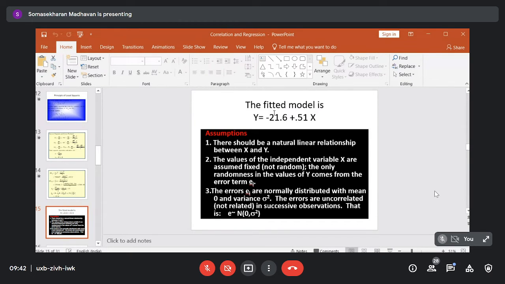So now the question is, how much can this slope vary? That is an important question. So in order to get that, you have to find the standard error of the slope. And by computing the standard error, you can find the confidence interval of the slope. So if you get the confidence interval, you can predict the possible variation of the weight for a particular height. That is why the weight-height relationship table is expressed as an interval. It is not on a point scale.